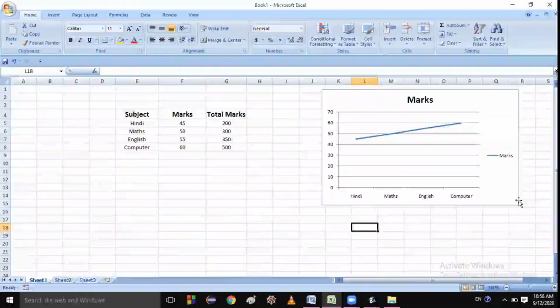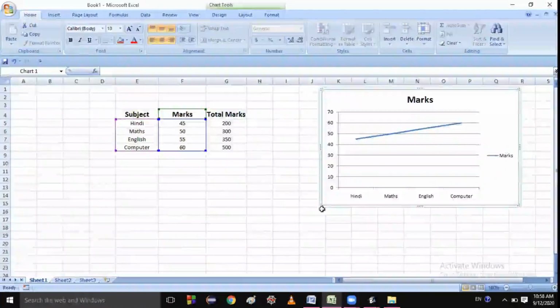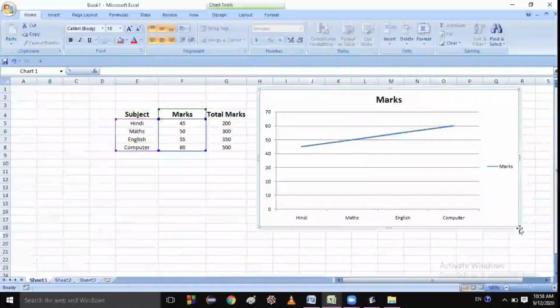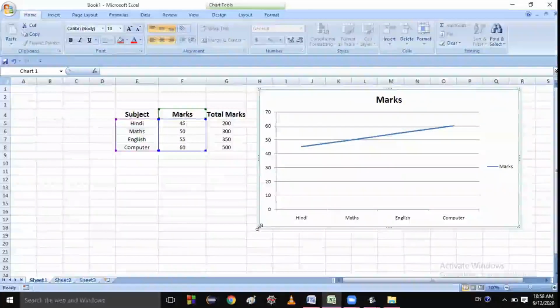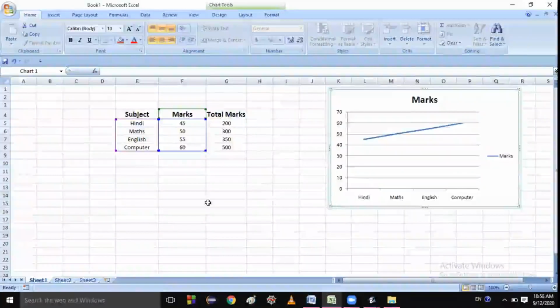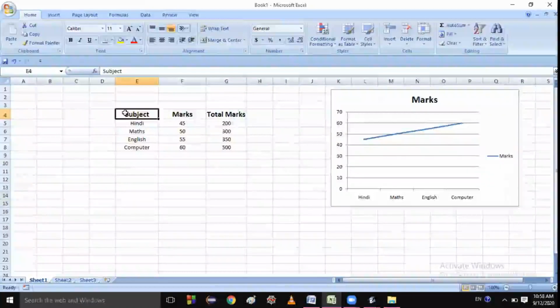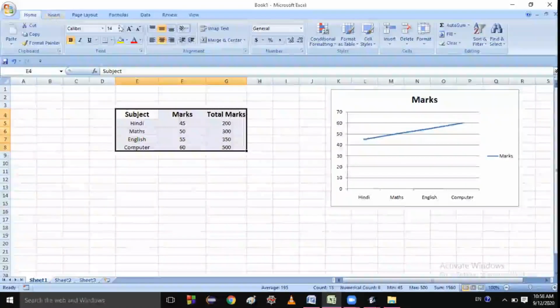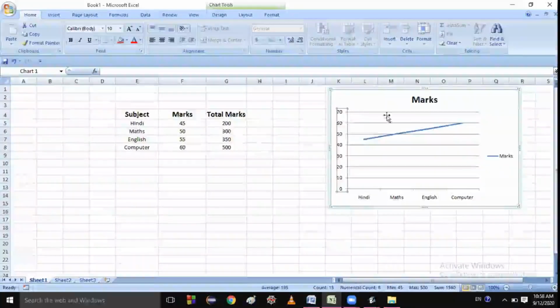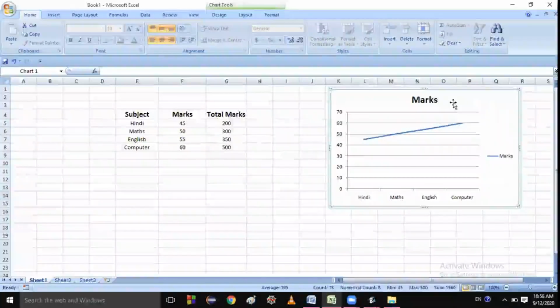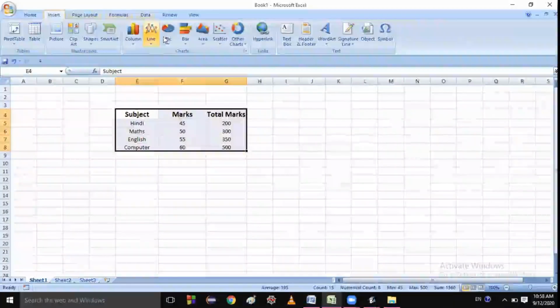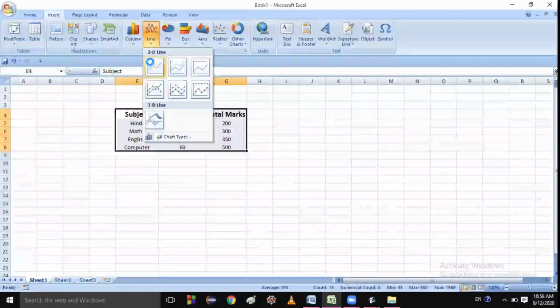just watch here, and you can also increase and decrease the size of this one. Just see it this way. Okay. Yes, sir. So just select all marks and total marks and make the changes again. Let me delete this chart first and go to insert and make the line chart.